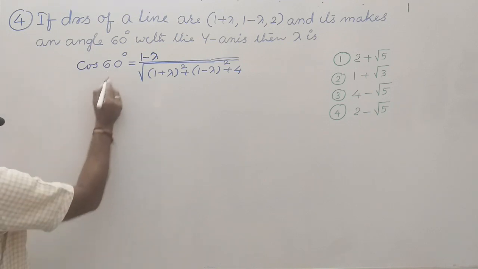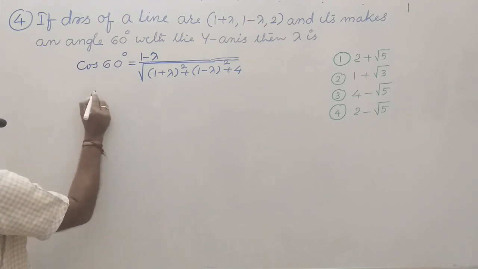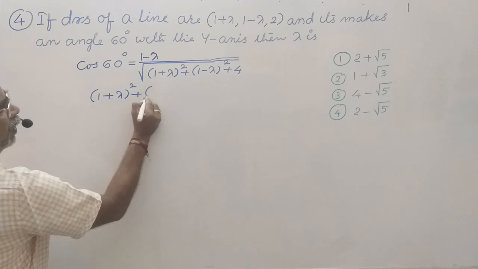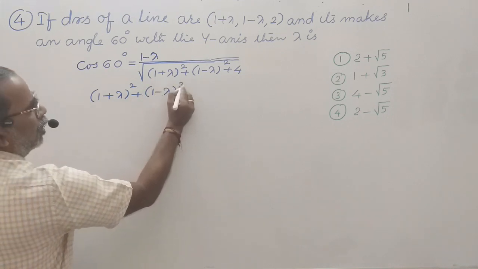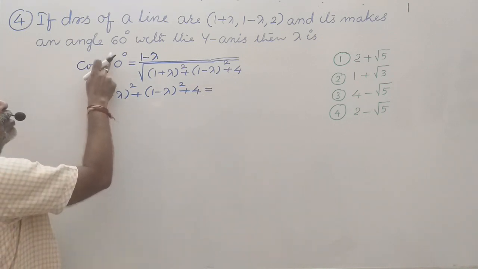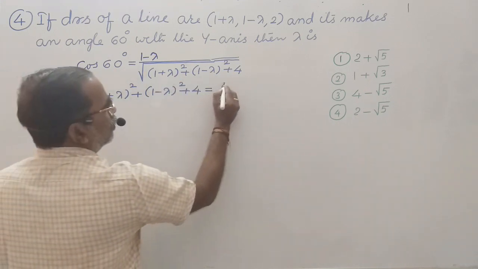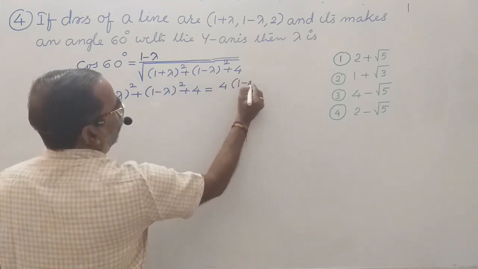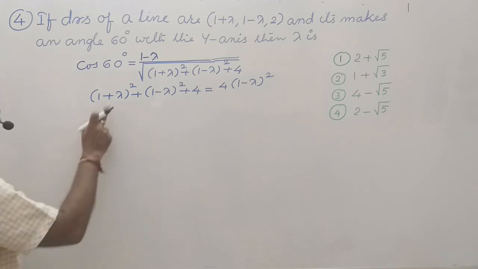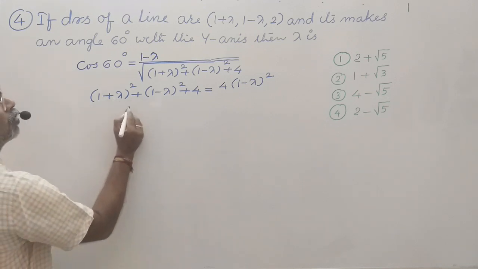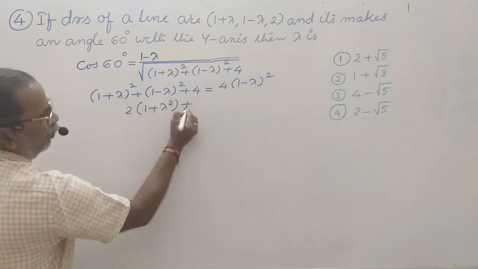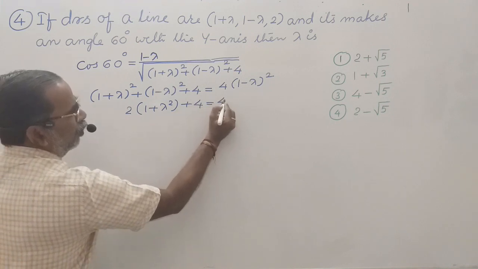So what is cos 60? Cos 60 is 1 by 2. Squaring both sides and by cross multiplication, (1 plus lambda) whole square plus (1 minus lambda) whole square plus 4. So what is there on the left side? Cos 60 is 1 by 2, the 2 becomes 4 and comes here. We are squaring, no, therefore (1 minus lambda) whole square. Let us simplify. (a plus b) whole square plus (a minus b) whole square is 2 into (a square plus b square), plus 4 is equal to 4 into